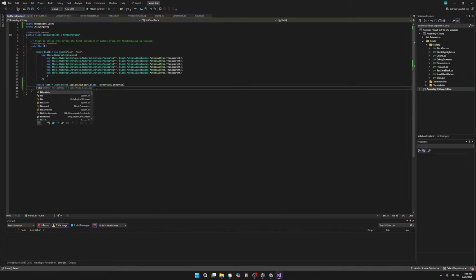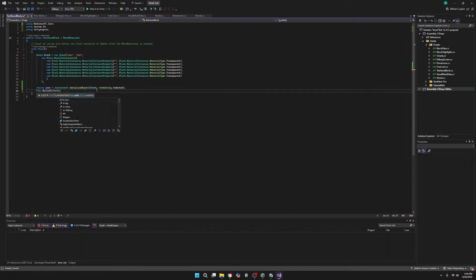Then we could do file dot write all text, path dot combine, and then probably assets, application dot persistent data path, assets,